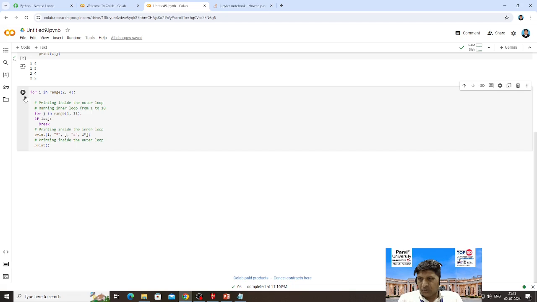Now the third program is print for this. The program for i in range 2 comma 4, print inside code. For j in range, if i equal to j, break. Otherwise, the example of this program is a demonstration of the break statement. You can see